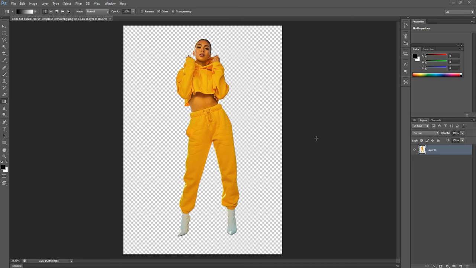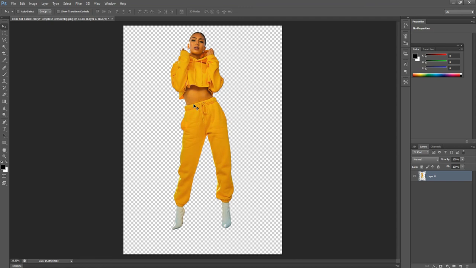In this video, we are going to discuss how to create a realistic drop shadow in Photoshop. This is going to be a very important and very useful tutorial. So let's start. We have already taken the photographs without the background. We already removed the background of these photographs, so we can use these photographs to create a drop shadow.